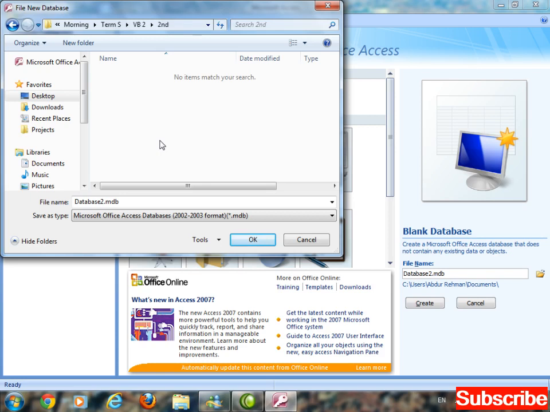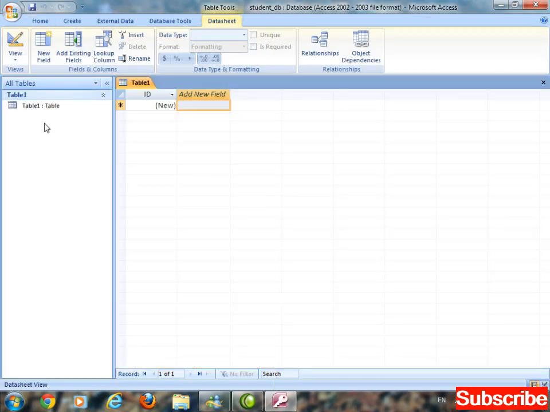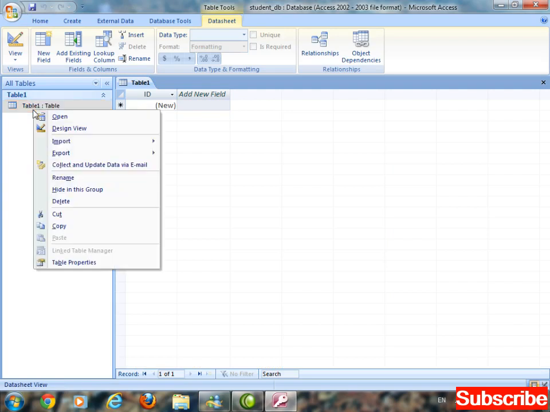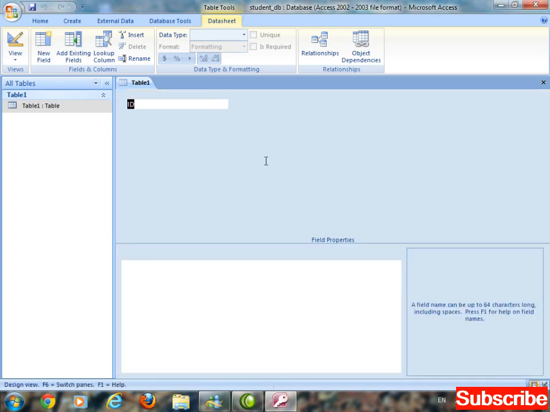second class, name of the database should be student underscore db, student underscore db. Okay, create. Now just right click on the table and go to design view. First provide the name of the table, std. Name of the table will be std. Okay,